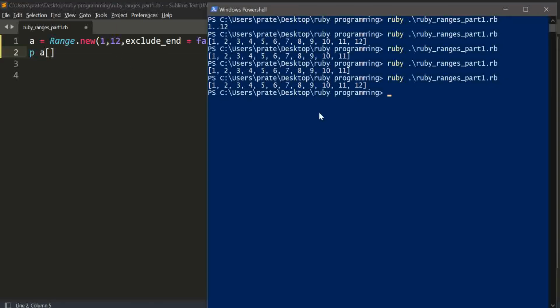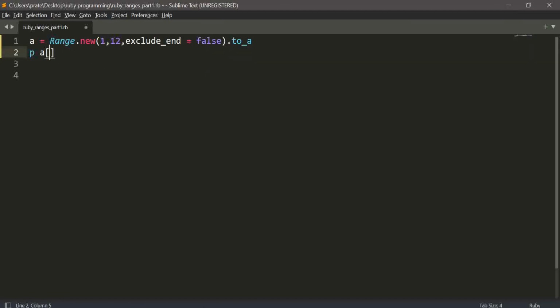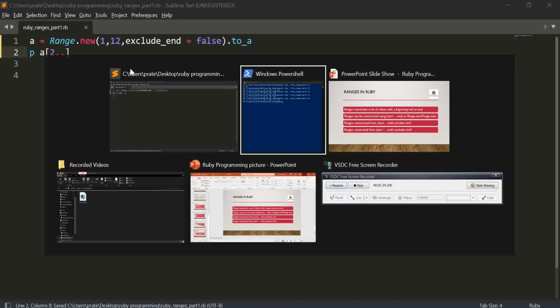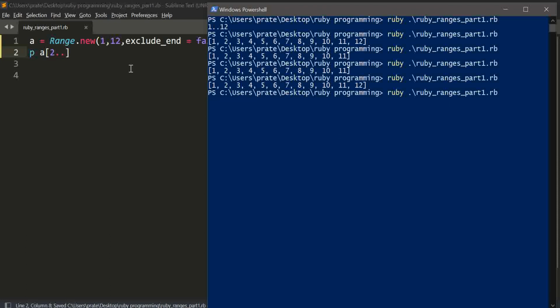The index of 3 is 2, since the indexes are 0, 1, 2. So as you can see, if I write 2 and two dots, that means this is an endless range. Then this is the endless syntax, and I will be getting from 3 to 12.